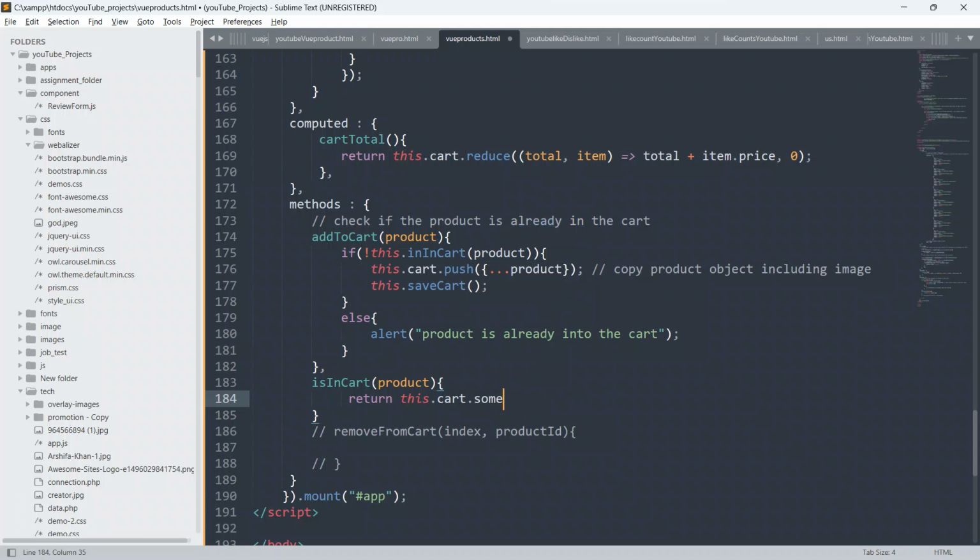Now it takes one function as a callback function, and this function takes one necessary parameter. So I'm going to give item here. For item, I'm going to run a fat arrow function.